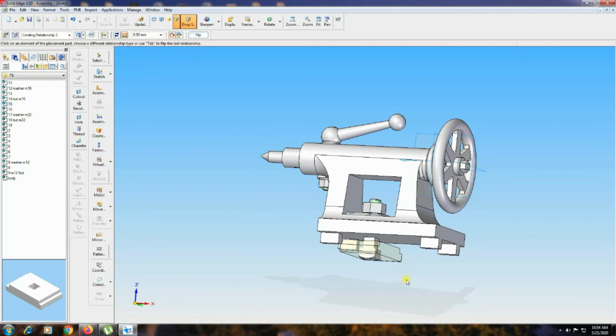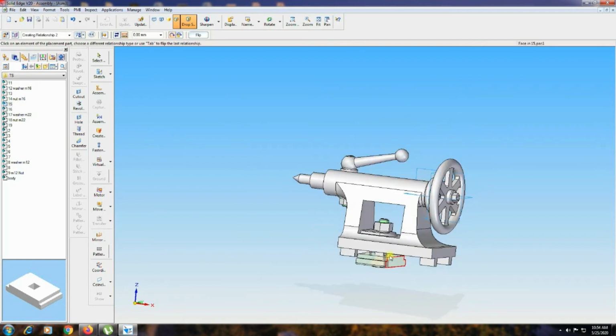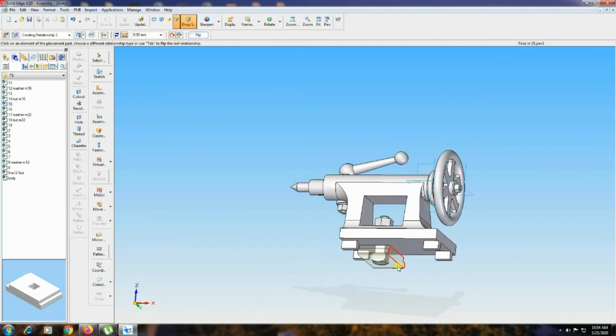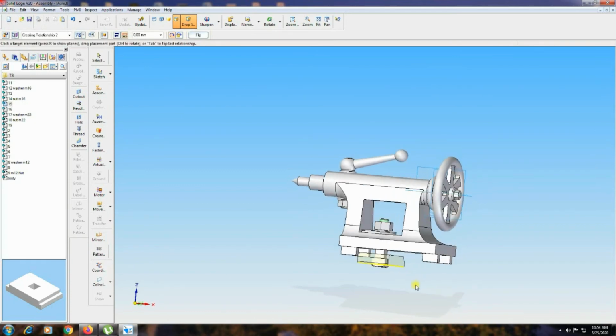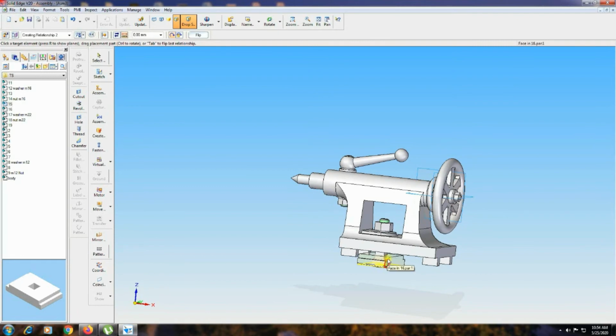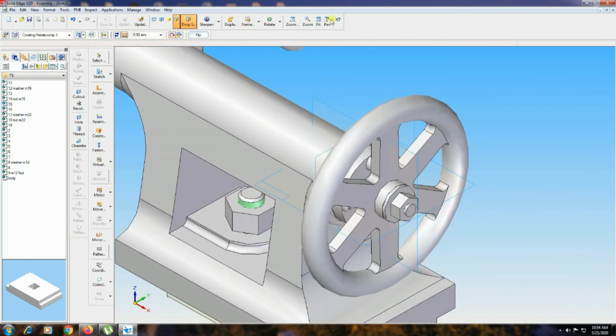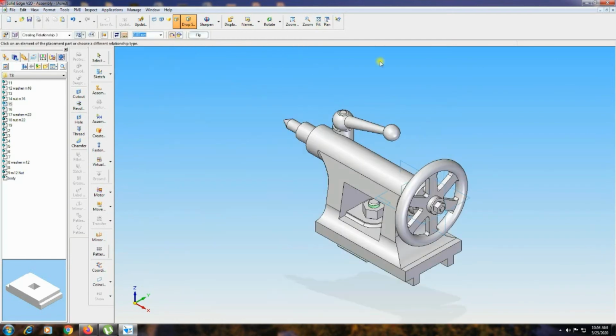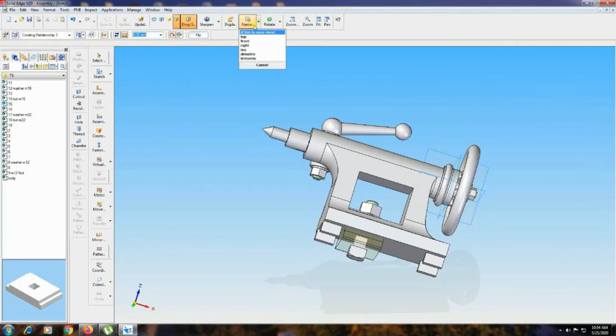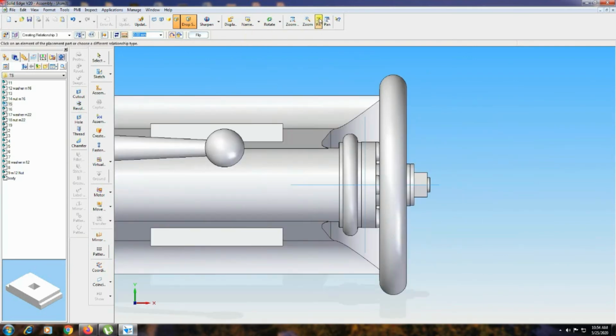Okay. Next, the bottom surface, that surface should align with that square bolt surface. ISO fit sheet. That completes the assembly of the tailstock.